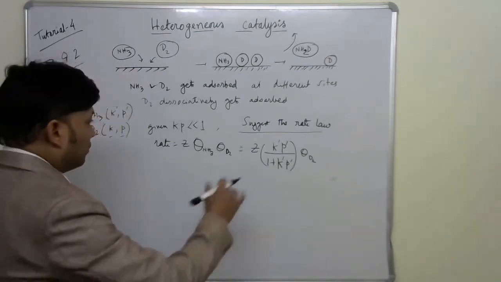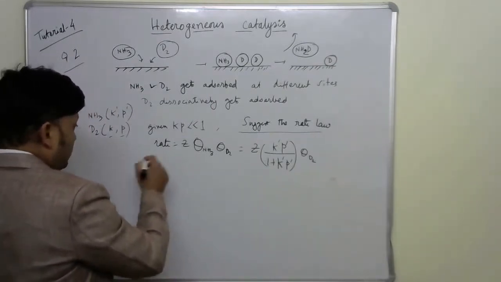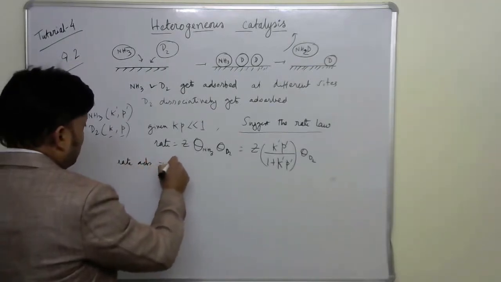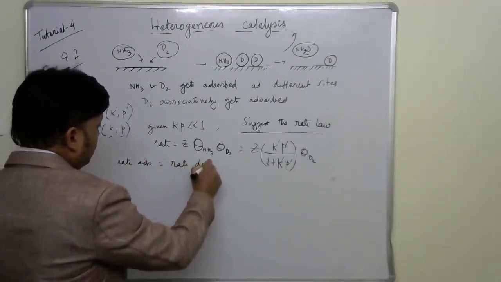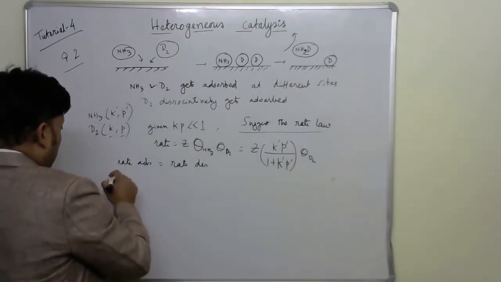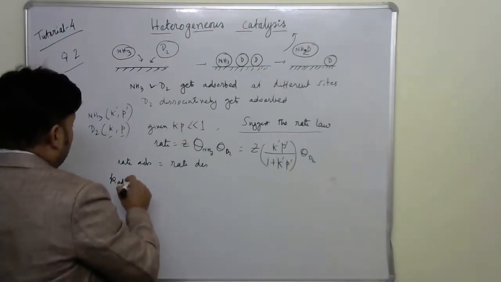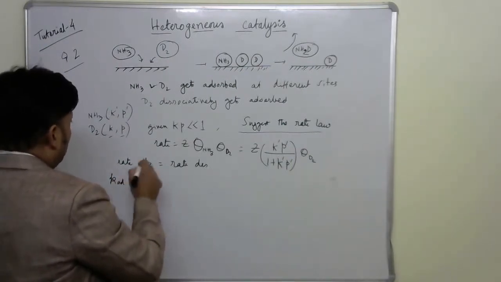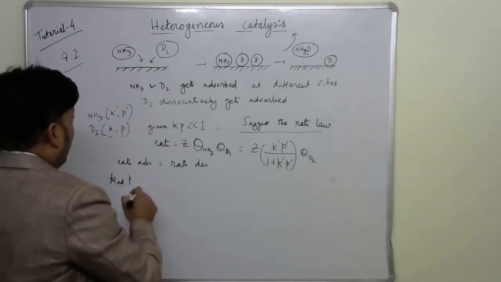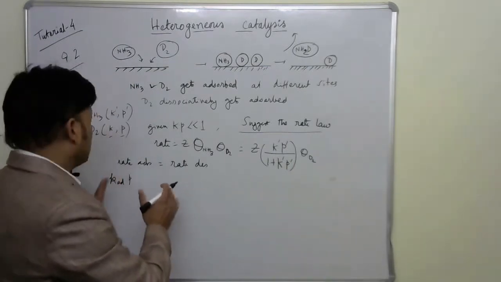So then we can try to find it out. So theta D2, how can we find it out? Let's find out that the rate of adsorption is equal to the rate of desorption for D2. Or in other words, the rate of adsorption is the rate constant of adsorption multiplied by the pressure of D2, or partial pressure, that is P, and then multiplied by the fraction of empty spaces, of vacant spaces,